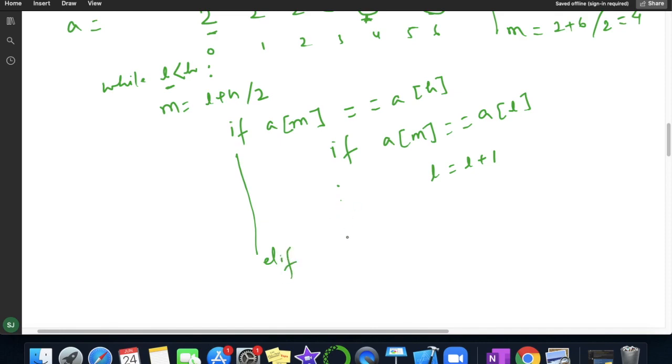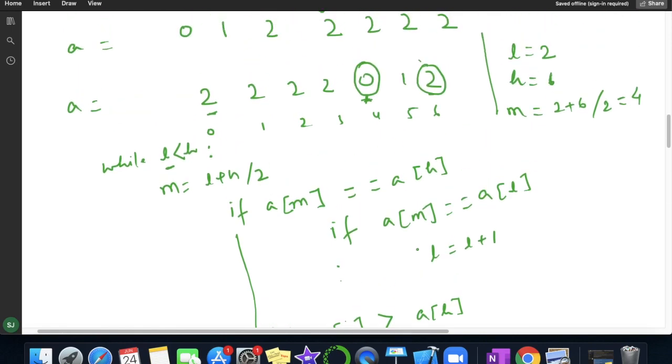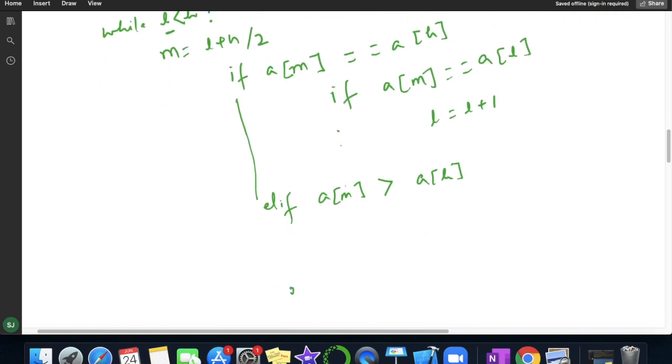We are going to check if the value at mid, if A of mid greater than A of high. If it is greater, you can see here A of mid is 0, 0 greater than 2, no, so it will go in else.